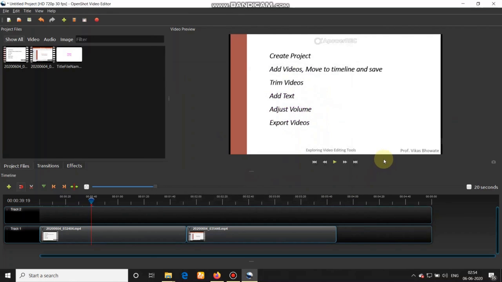Once you do this, it is going to save the text file and it is visible in the project files window. As you can see, it has the name as the title file name .svg file. Now I will right click this .svg file and add to timeline.